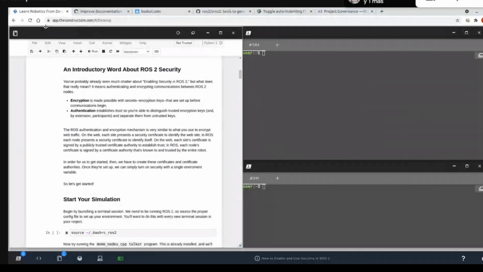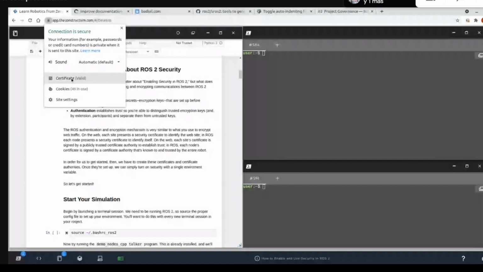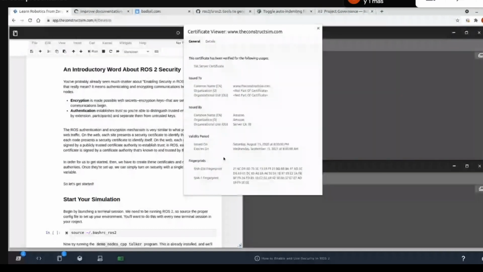In order for you to go to the Construct Sim, there's a certificate, and the certificate is given to the website, and it's issued by a certificate authority. It's very similar to how we make things behave within ROS. Within ROS, we're going to issue certificates to what we call a security enclave, a security grouping of nodes. Potentially it's one node, potentially it's the entire robot, but it'll get issued to a node. And then it's issued by a